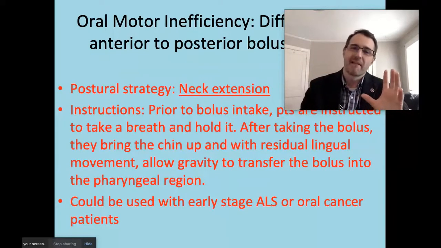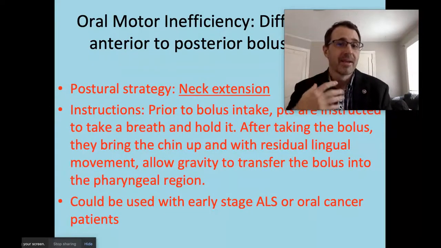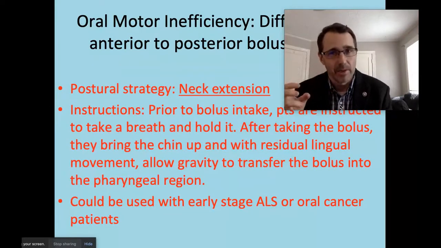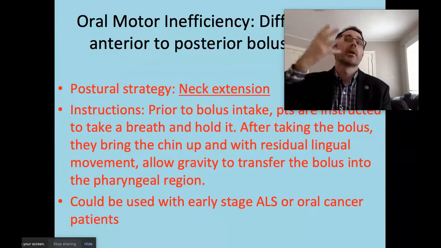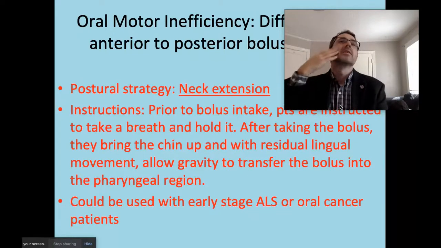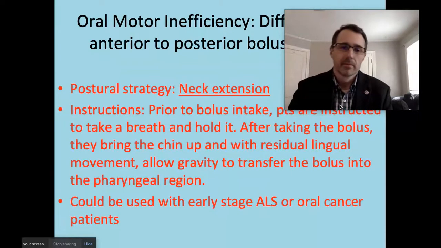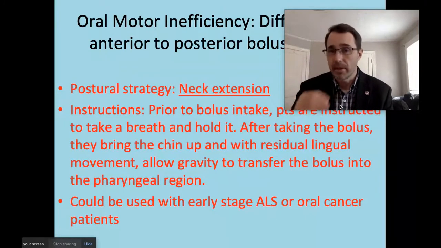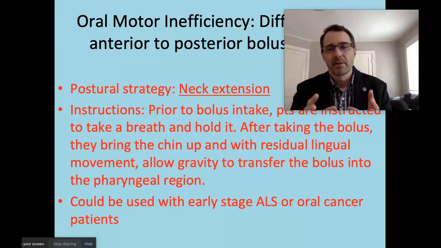And the reason is that, obviously, if you're going to raise the head up, the patient has to have an intact pharyngeal swallow. Because when you raise your head up, you're going to be casting that bolus posteriorly to the pharynx. So you're using gravity to move the bolus posteriorly. So this is done to facilitate AP transit, and it can be done with individuals that have motor deficits that